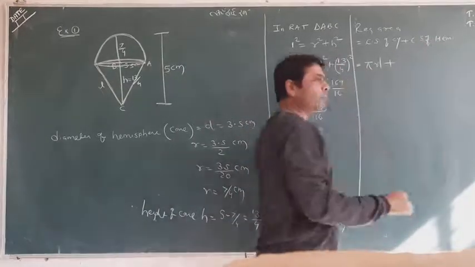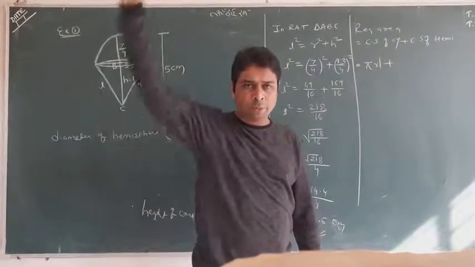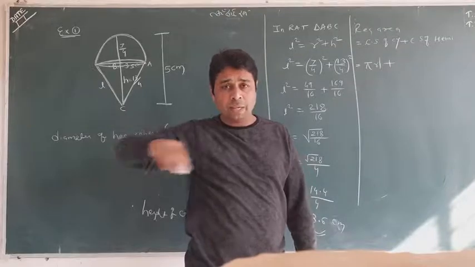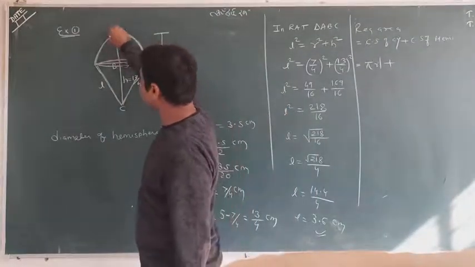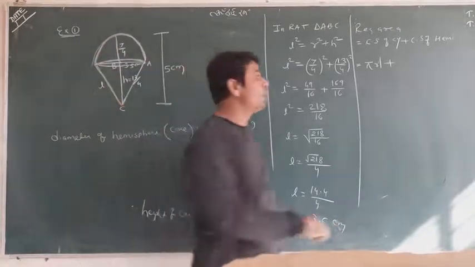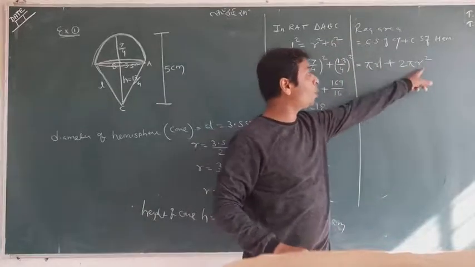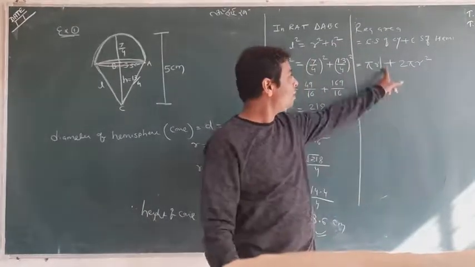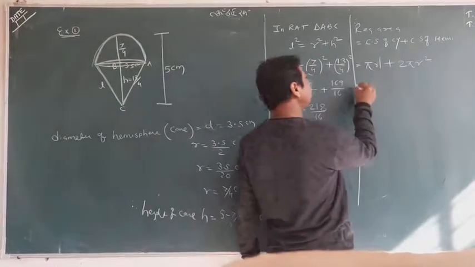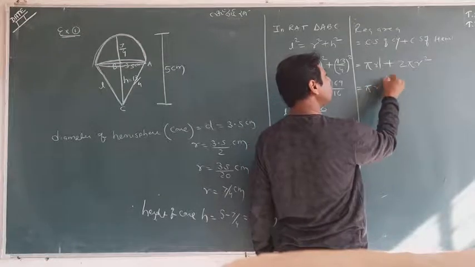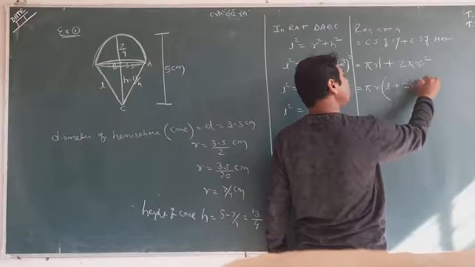Hemisphere: 4 pi r square is the whole area of the sphere. When you cut it in half, the hemisphere's portion will be half of 4 pi r square, meaning 2 pi r square. And keep in mind that both have r because both have the same radius. L is the slant height and pi is pi. Something we can do better is take pi r common.